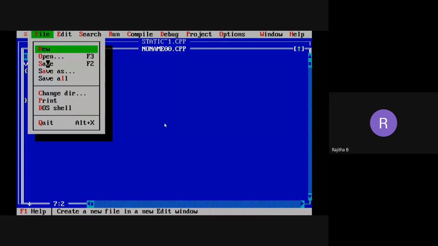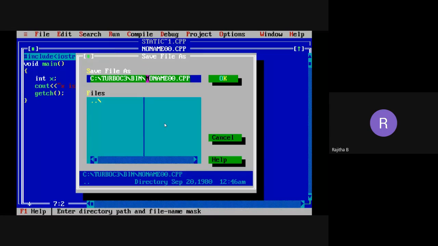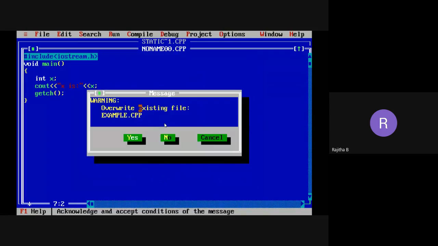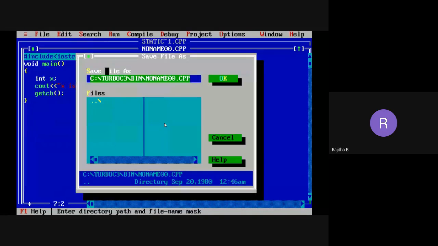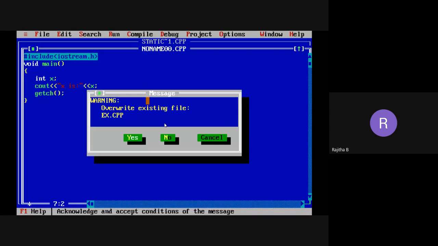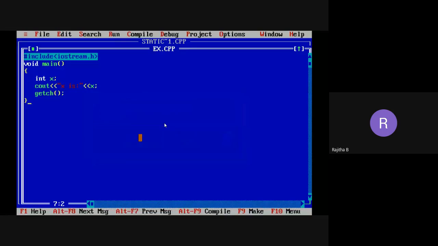It is just an example. Save it as ex.cpp.